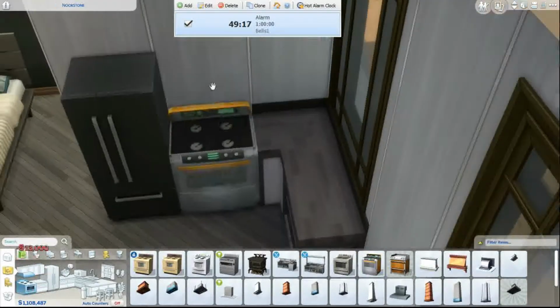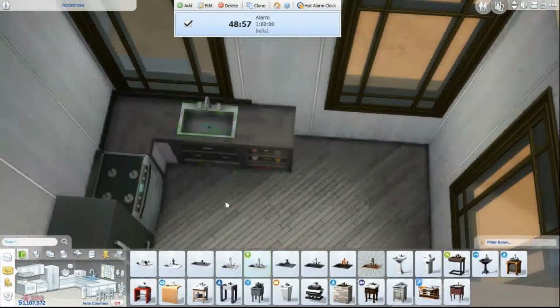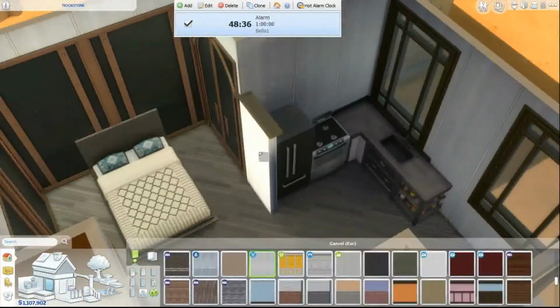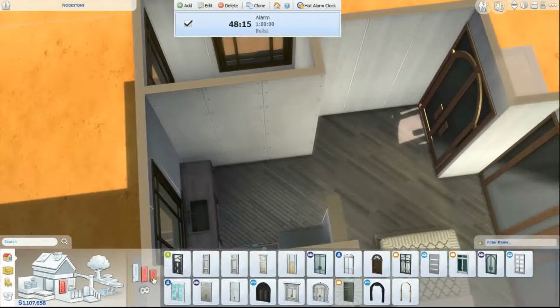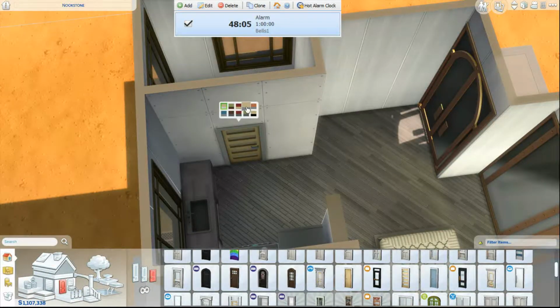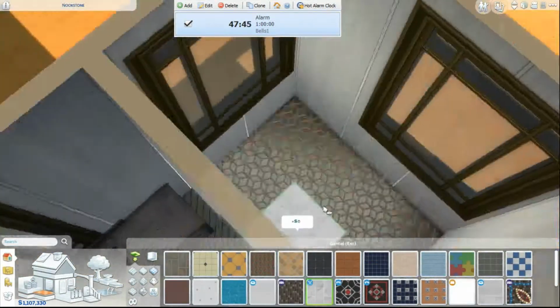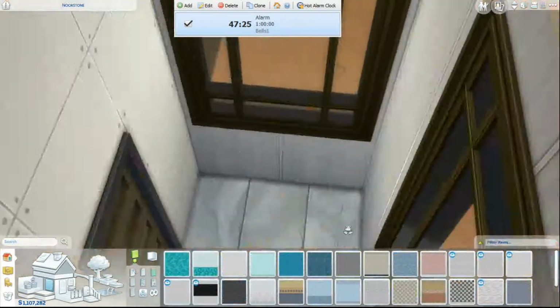And right now we are making the kitchen, a really small kitchen, and I fit everything I think you can fit in a kitchen, and I believe they can use the end counter. If not, you can download this house and just change it. And yes, you can download this house on the gallery, and I believe it's the same name as this